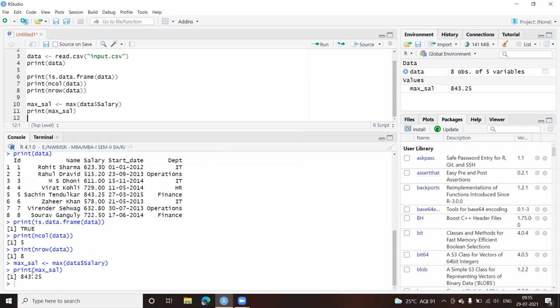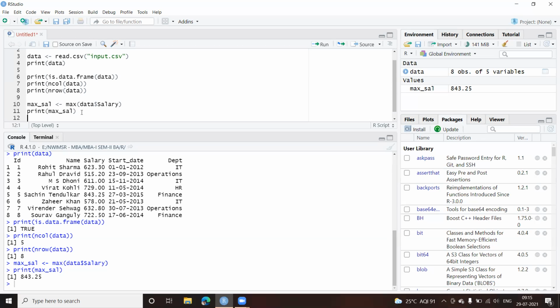Similarly, you can write some query where we give some logical operator. Now, to find the subset of a data frame, I can also display the whole row. For example, here I've got the maximum salary, but I want to know whose salary is maximum, the name of the person, or I want all the details of that particular person.